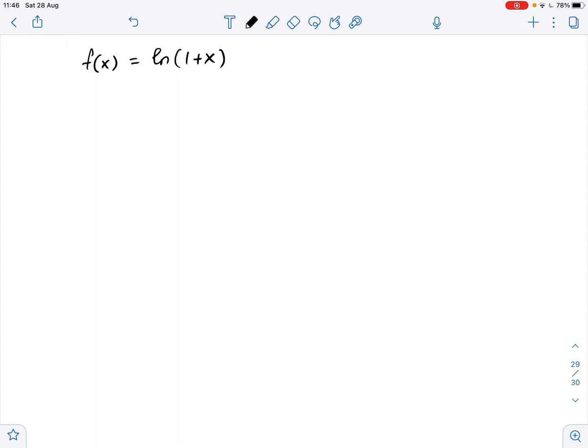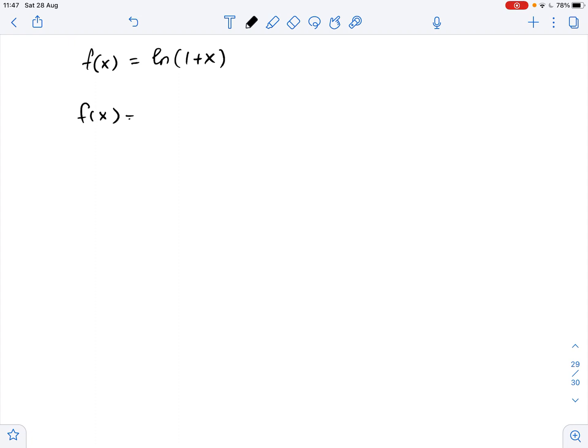So we need to differentiate the Taylor series centered at 0 for the given function. We also need to identify the function represented by the differentiated series, and we need to give the interval of convergence of the power series for the derivative. Well,